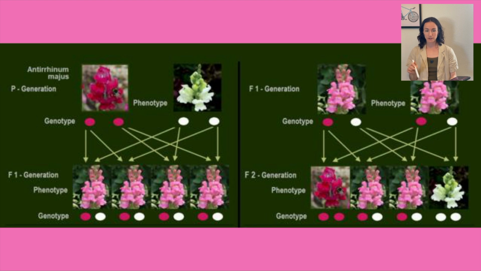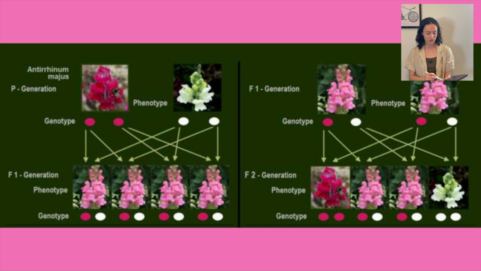Now, if you take the 2 heterozygotes, that's what we're seeing on the right-hand side here, so 2 of our pink flowers, and you crossed them, now we get more of a variety. Remember that for every genotype that a plant has, let's say if we're focusing in on this flower color, the plant has 2 alleles, and it can only pass on one of those to its offspring. So for the first plant on the left here, actually for either of them, they're both heterozygous, there's a 50% chance the plant's going to pass on the red allele and a 50% chance it's going to pass on the